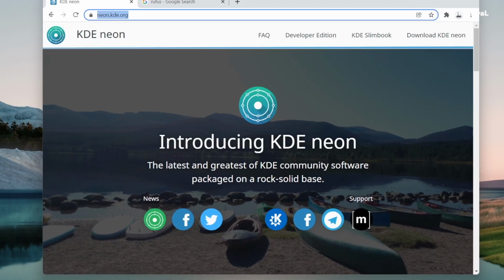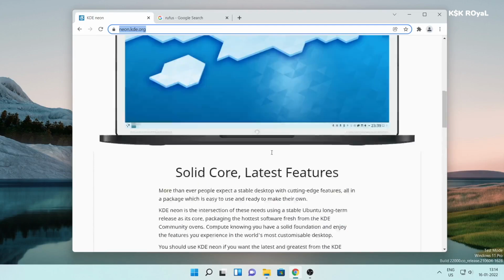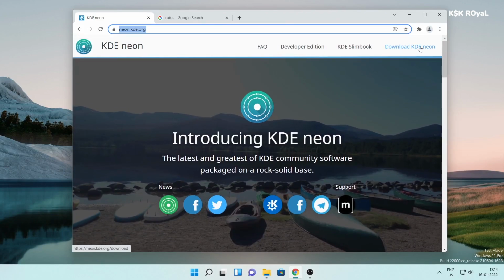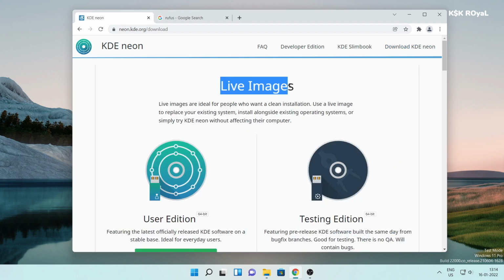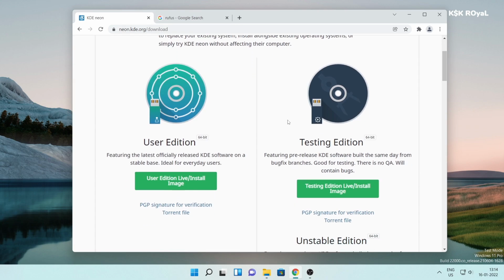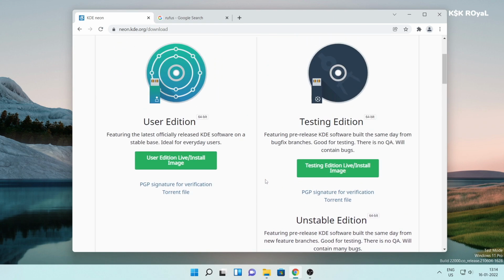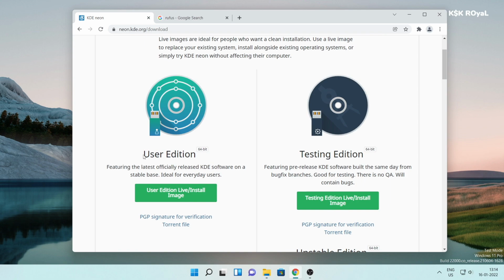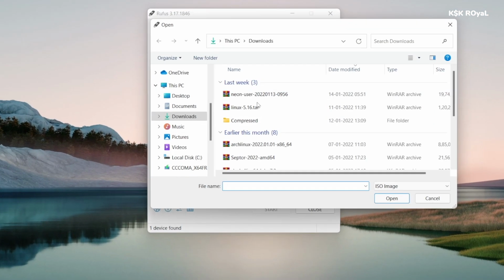It's time to show you guys installing KDE Neon on your computer. Just go ahead and grab the latest version of KDE Neon from the link in the description. The first link takes you to this page. From here, you can download KDE Neon. If you're looking for an LTS version of KDE Neon, then choose the user edition. Also, if you're interested in testing the latest features of KDE Neon before they get released to the public, then choose the developer edition. Once it's done, burn the ISO to the USB drive using Rufus.